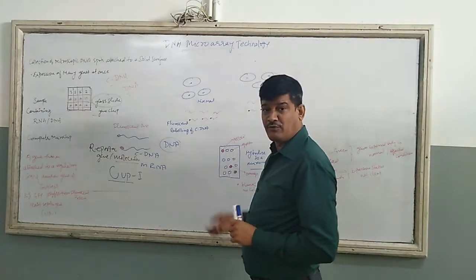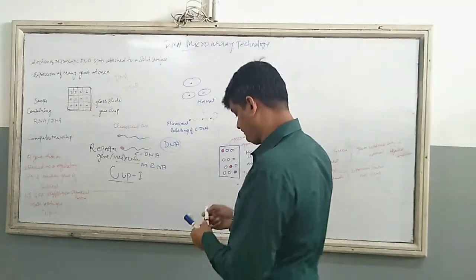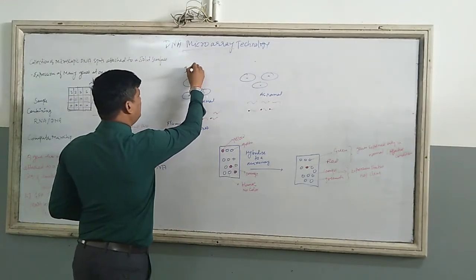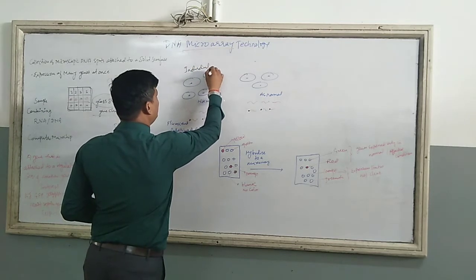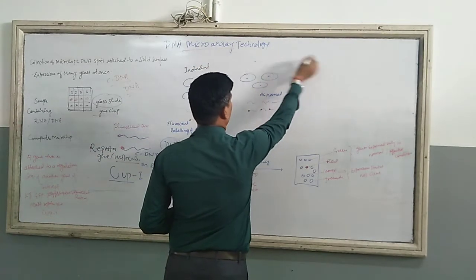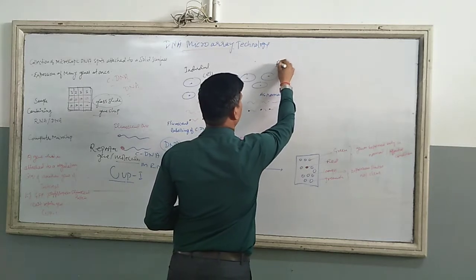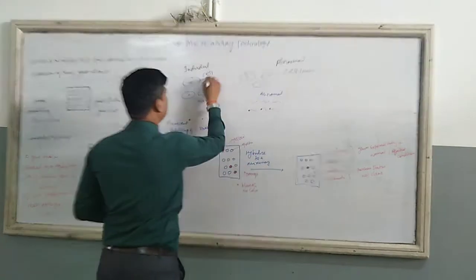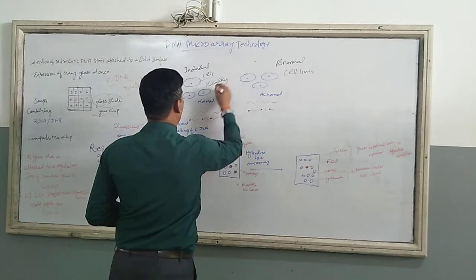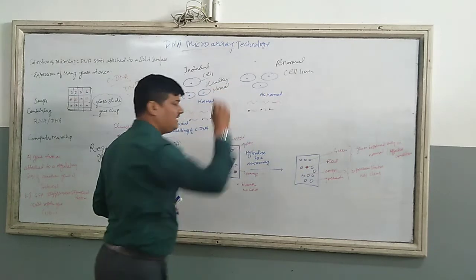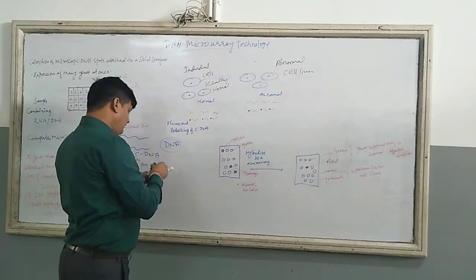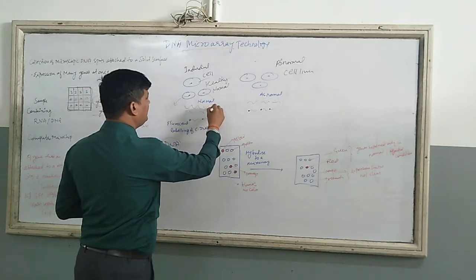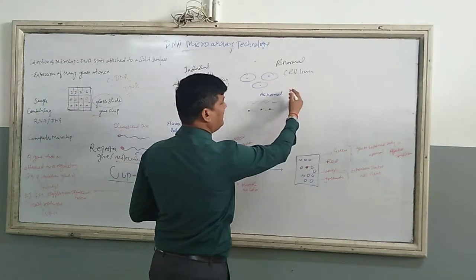So how do we process the DNA array? Let us see. This is an individual cell line, this is another individual cell line, and that is called the abnormal. These are the abnormal cell lines, and this is the healthy or normal cell line. So what we will do here is extract the DNA. This is the DNA extracted here. This is the DNA. From here we also take the abnormal DNA.